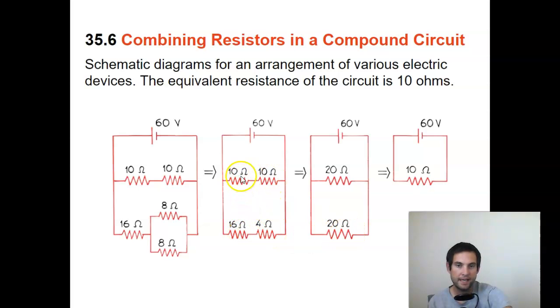And then I have 10 and 10 in series with each other. 10 plus 10 is 20. Now I have 20 and 20 in parallel, so I'm going to collapse those. Those two are the same, so I know my total equivalent resistance is going to be half the value of either one of these. Or the inverse of 20 plus the inverse of 20, and inverting that answer will give us